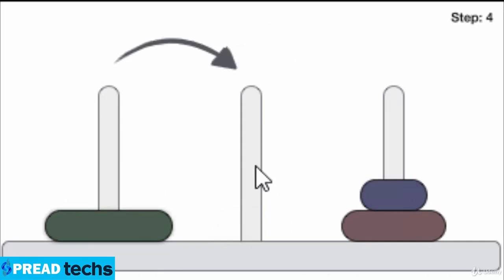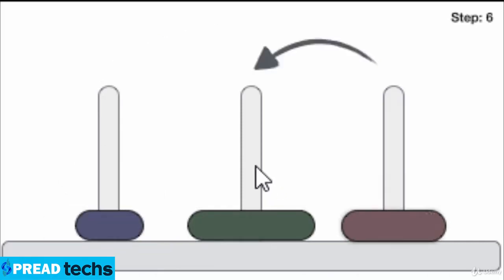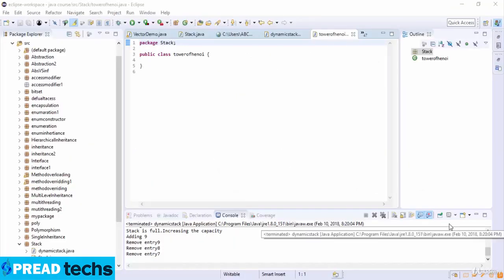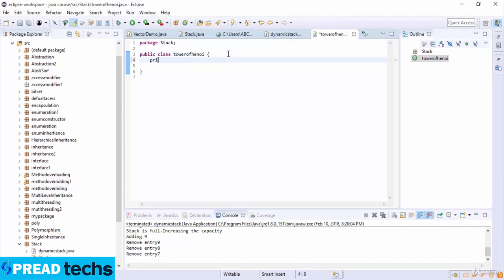Now let's see the programming example of the Tower of Hanoi, and we solve it by using the stack. I just create a class named TowerOfHanoi. Now here I write private static DynamicStack array, and then write tower. Now public